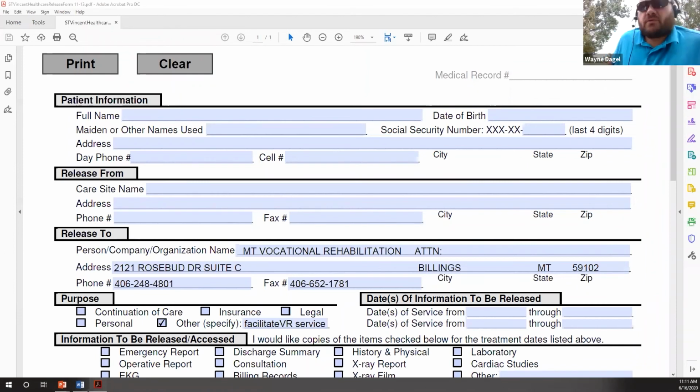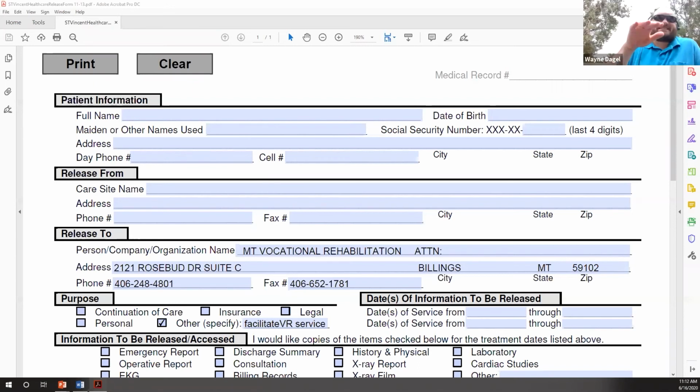Thank you both for sharing, Joanna and Michelle. Now, Suzanne's pulled up the Montana State VR release of information, and I do have permission to use this, just so everybody knows I'm playing nice. I didn't steal it this time. Sure.